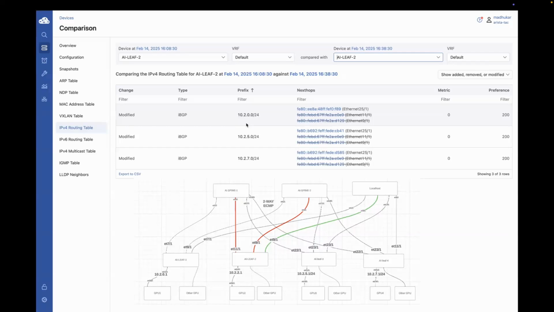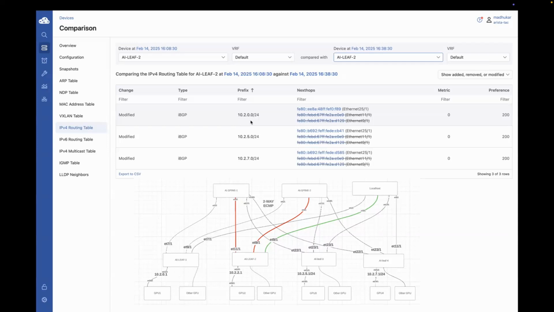Now, as per design, the customer mentioned that these are IBGP neighborships, and they were using a non-default local preference value on the neighborship between AI leaf 1 and spine. But it seems like since the BGP neighborships that were formed between the leaves were using or falling back to a default local preference value, which was higher, it was preferring this path over ET25/1, the link towards the localhost, as a more preferred path during the time of the issue.